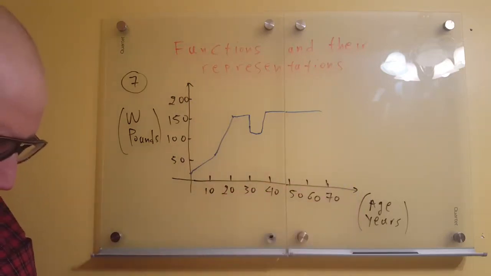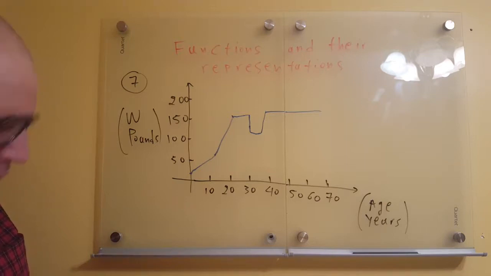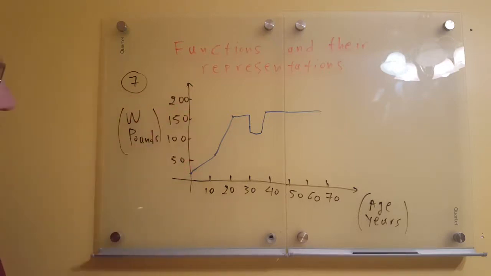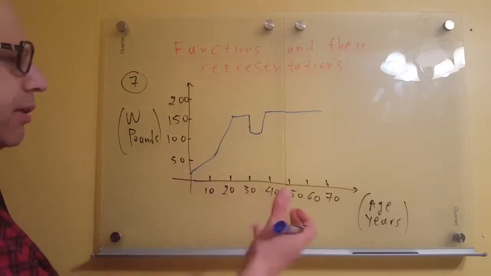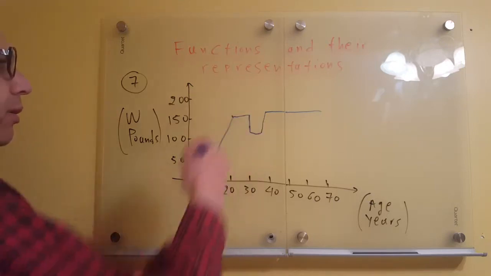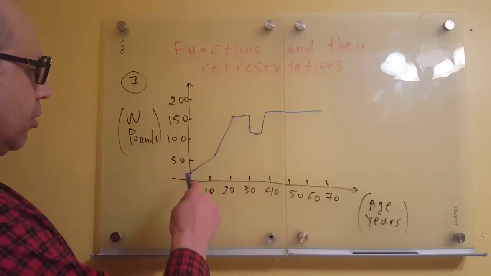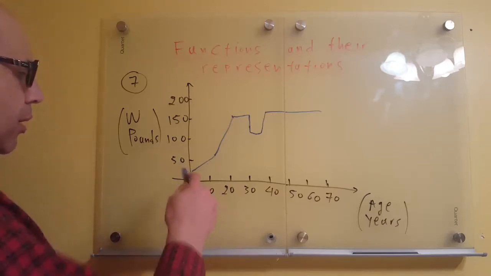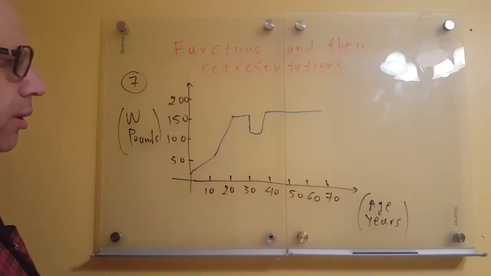So the question is to describe in words how the person's weight varies with time. So this is just an interpretation. And viewing this graph here, you can see that at 0 time, so this means when the person was